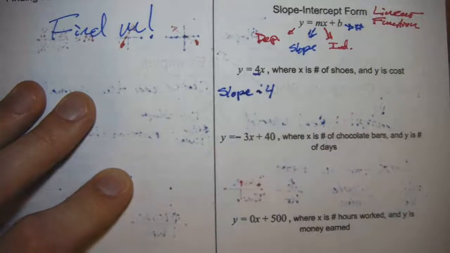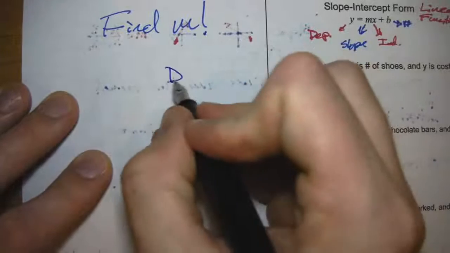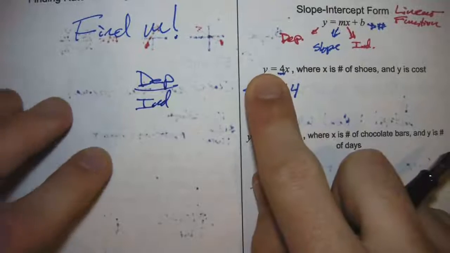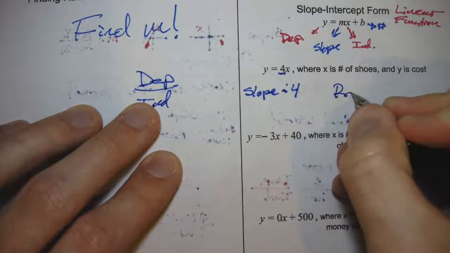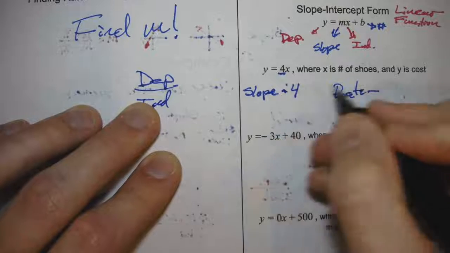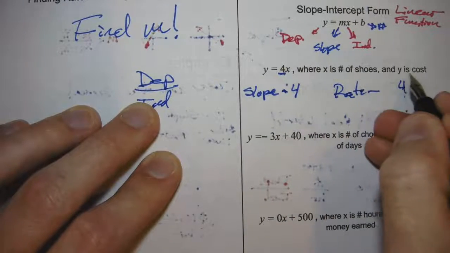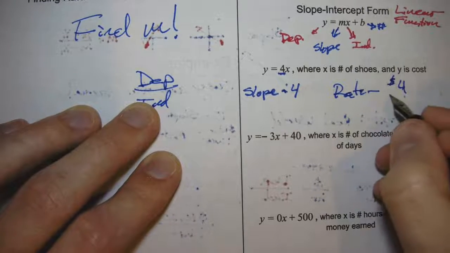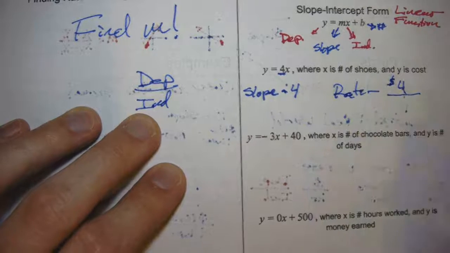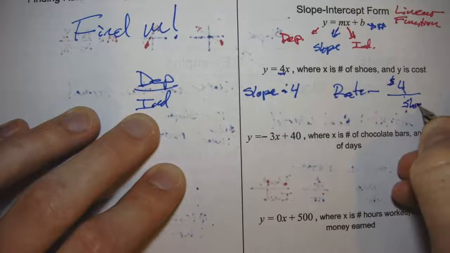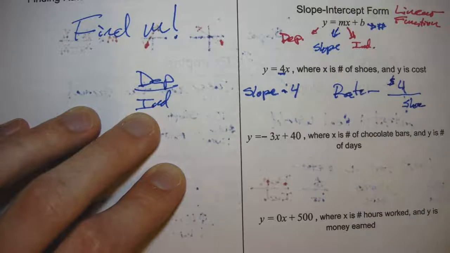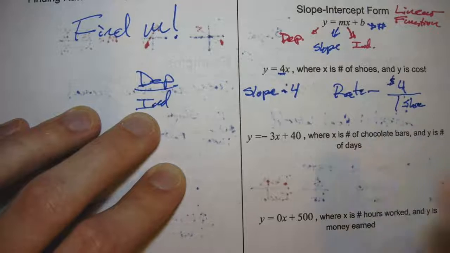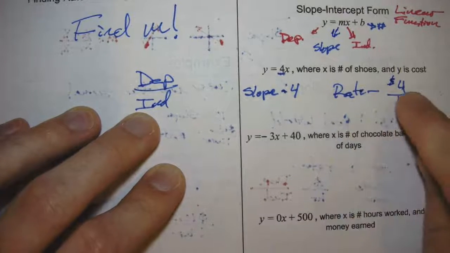If we're wanting to know the rate of change, well, remember, rate of change is dependent over independent. Well, in this case, y is dependent, so cost. So if I were to put it as a rate, I would say that this is $4, right? Cost, we're measuring in dollars. If we were in Russia, we'd measure in rubles. Over our independent. Well, independent in this case is shoes. Well, what numbers should I put here? Well, if I want to write 4 as a fraction, I could simply write it as 4 over 1. So in this case, the cost, if we're going to write it as a rate, is $4 for every shoe